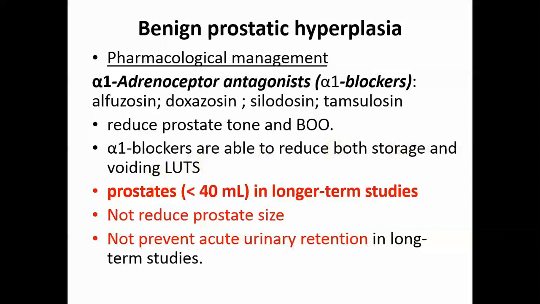Therefore, if the prostate volume is less than 40 ml, the alpha-1 blockers are a perfect choice. Maybe we don't need any other drug, because sometimes we may need a combination of drugs. But we must remember that